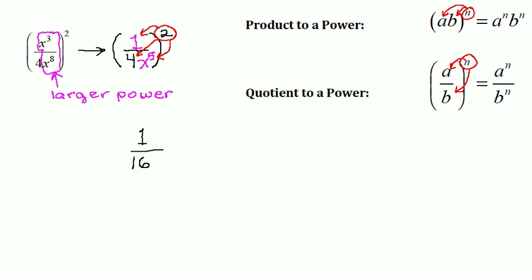And then for x to the 5th squared, we need to think about this as though it were written out. When we write it this way, we can see that this is the power rule again, the situation in which we would multiply the powers, and therefore we will multiply 5 by 2 to get the power of x that we end up with in the denominator. So x to the 10